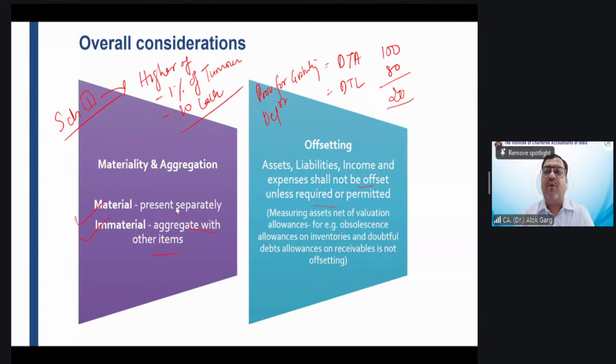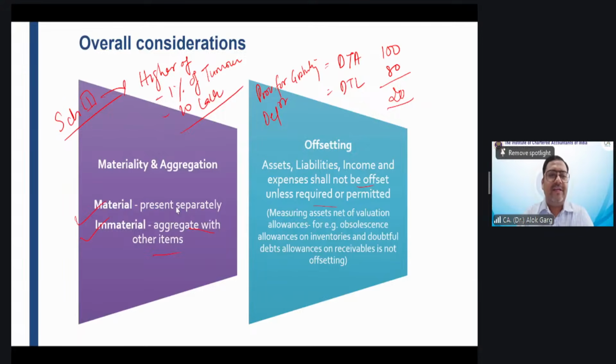Okay. Provision for income tax and advance tax and TDS, whether it has to be offsetted or not. Provision for income tax, which is a liability, and advance tax and TDS, which is an asset. Year on year basis, will you offset or will you not offset, or will you show it separately? You have to offset. You have to offset it. You cannot show it separately. Okay.